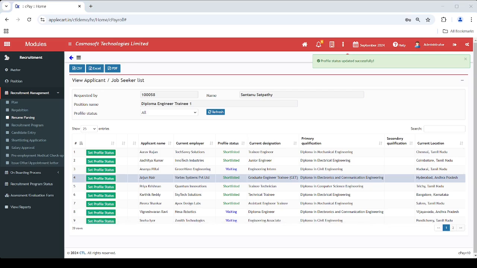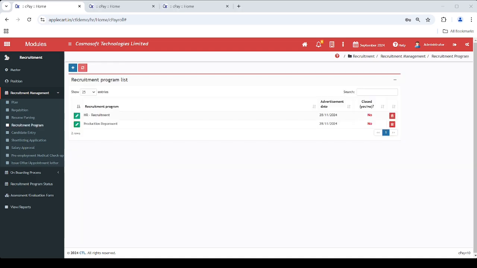The requester can do this in Employee Self-Service Portal. HR can also update the list in coordination with the requester. We have now completed the initial selection of candidates from the pool of job seekers or applicants who applied through various sourcing methods. The recruitment program is designed to evaluate the suitability of candidates for each position following the initial screening by the manpower requester.